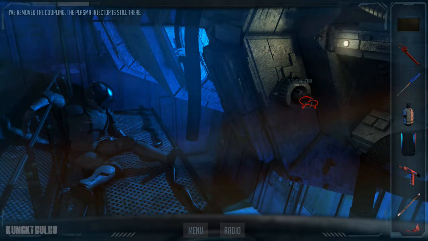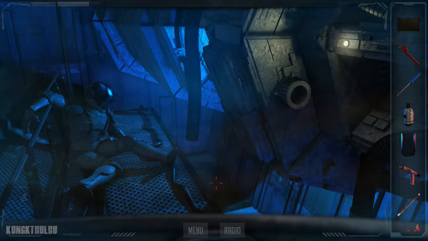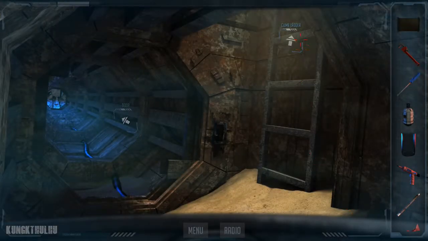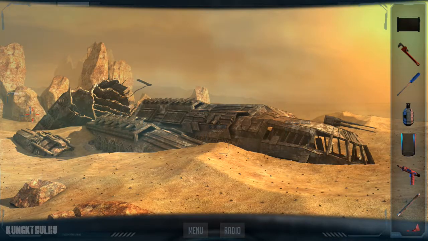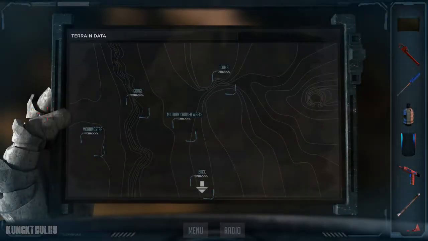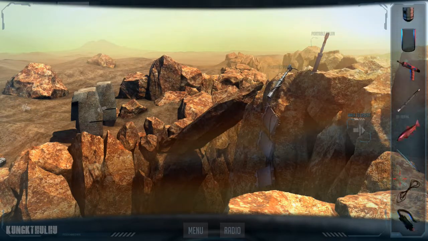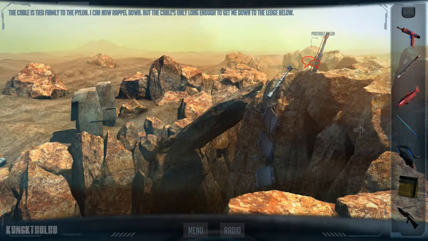The plasma injector is still there. The cable is tied firmly to the pylon. I can now rappel down, but the cable's only long enough to get me down to the ledge below.